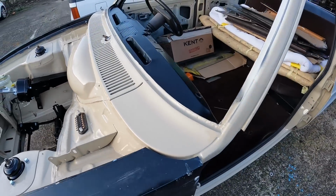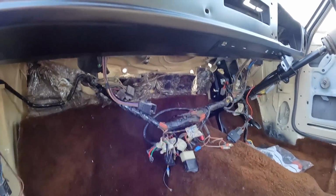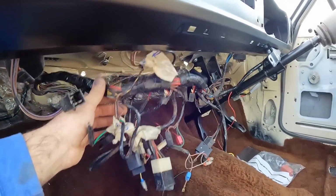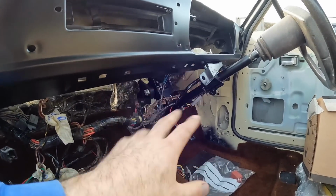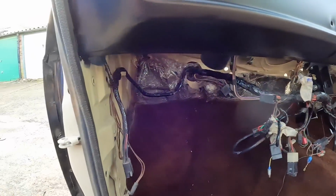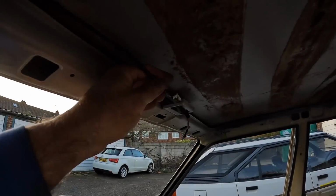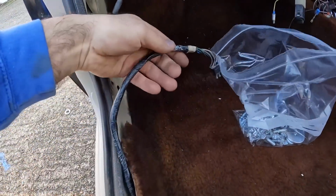I haven't wired it up yet. And then yeah, just been feeding the wiring loom in here where it goes. I still need to fit the heater box and stuff, so this will basically get tucked up here, and then I've worked out what wires go where over there, clocks, stalks and that sort of thing. I've fed the wire up the A pillar for the interior light, and yeah, we've got the rear loom section